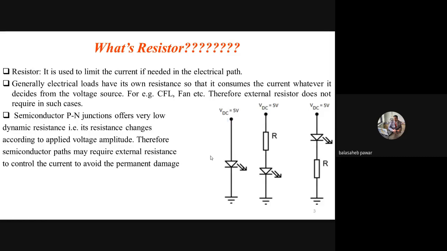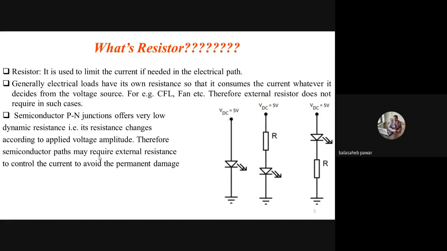5 mm is nothing but the diameter of that LED. Generally, whatever LEDs you might have seen in our lab, red color, yellow color, green color, all those LEDs are known as 5 mm LEDs. That means its diameter is 5 mm. In its data sheet, or actually by practical observation, we see that an LED can sustain current from 10 milliamperes to 80 milliamperes. A 5 mm LED can be operated from 10 milliampere to 80 milliampere, and generally the operating voltage is also mentioned somewhat more than 2 volts and up to 6-7 volts.